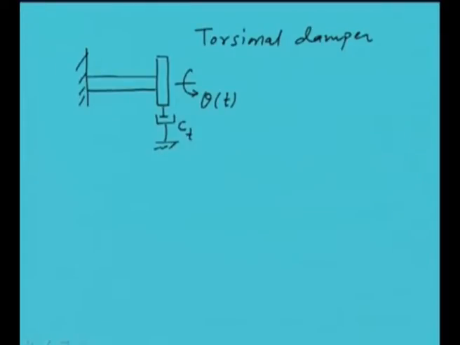So in this particular case, the torque which we are getting from this particular damper, we are assuming it to be proportional to the angular velocity of this particular disk, and obviously it will always be opposite to the motion. So this is the damping torque. T is the damping torque,